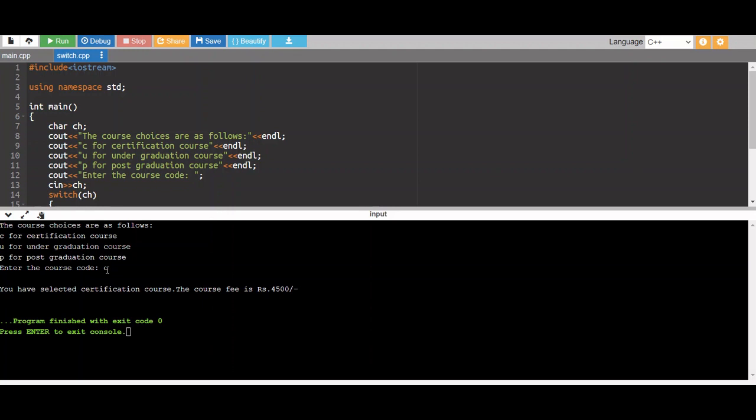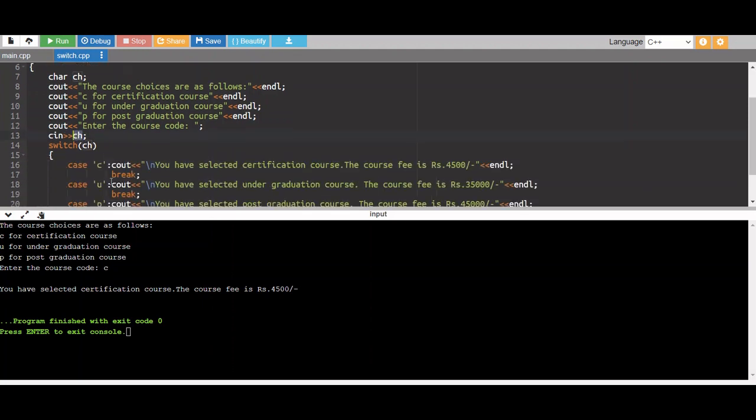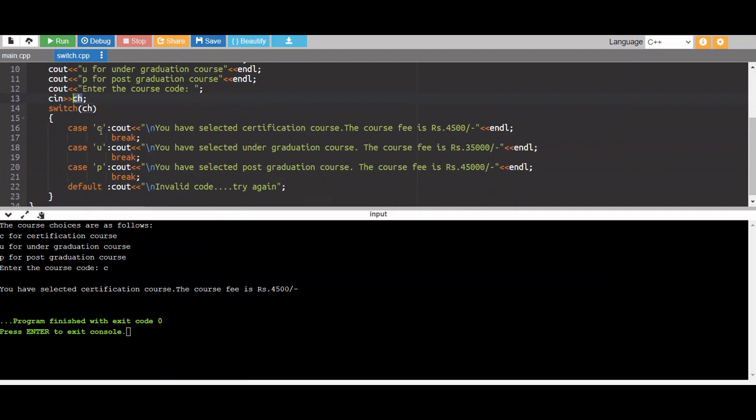This value that I have entered gets stored in variable ch, and that will be compared among these case labels. It gets matched with the first case label itself and the corresponding statement, that is, you have selected certification course, the course fee is 4,500, is displayed here.